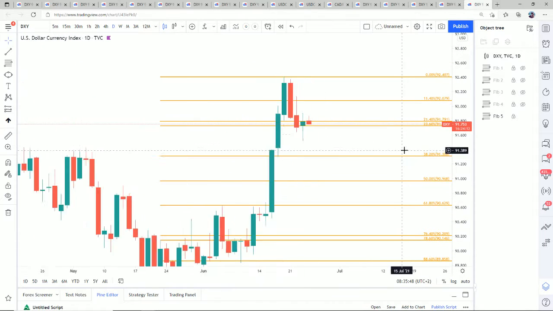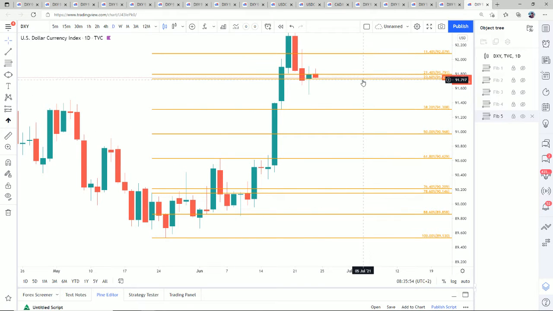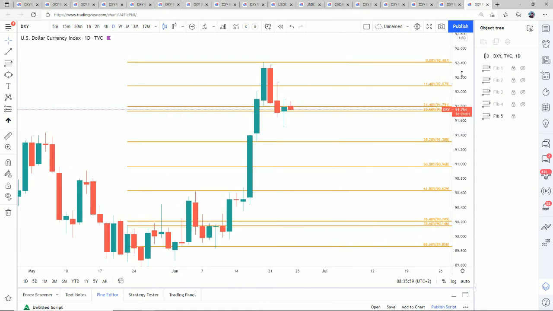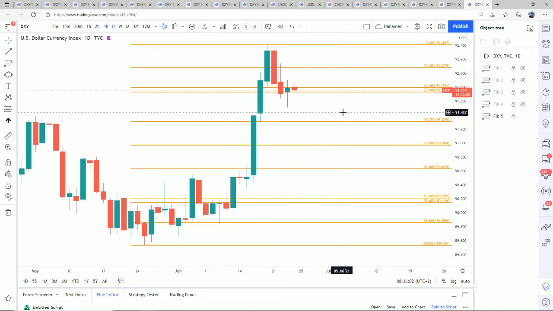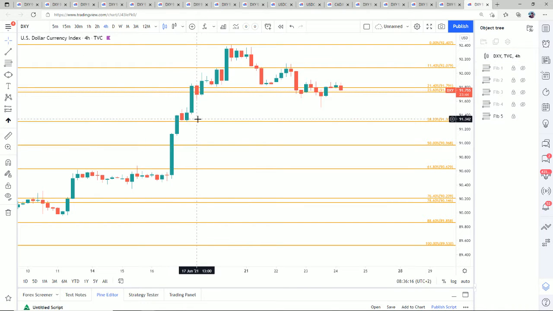What is interesting about yesterday is that this daily close was above the 23.6 of this move up, which is good. But as I said already, I think too many times, we still look for a potential touch to the 91.30 fib, which is at the same time a nice order block here. So that's what I would like. Yesterday we stopped here, which was the higher side of the area we called. The lower side was 91.30. So this area is still